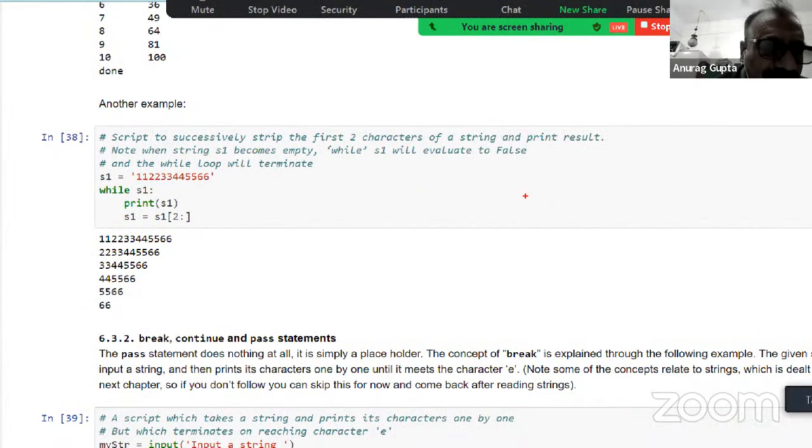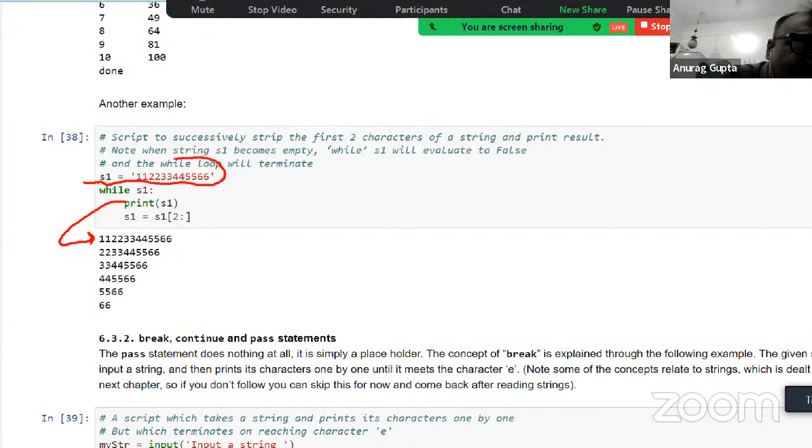So, very interesting. Now, this is called slicing of the string. So here what I'm doing is converting. This is a while loop. While S1, this is another very interesting thing, I will just explain this to you. Print S1, which is here. This is the string. And S1 is equal to S1